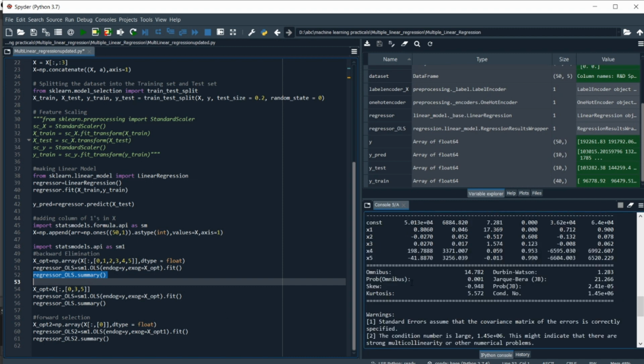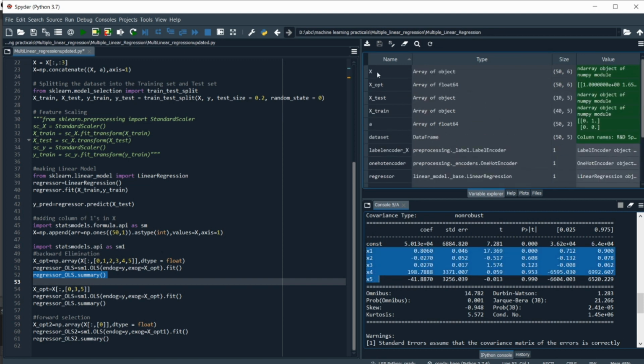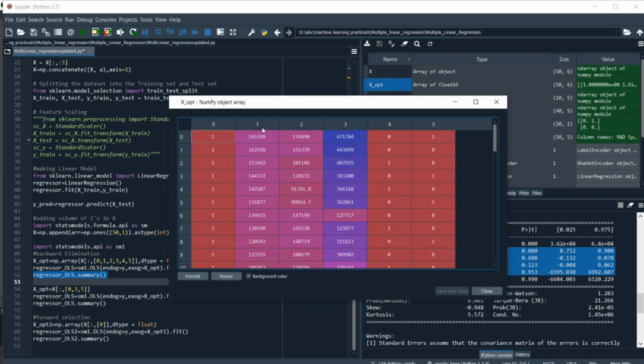Now as you can see here, there are around 6 columns, 1 2 3 4 5 6. The first one is the constant, all ones, and all the others are our independent variables: R&D spend, administration, marketing, and these two are state in one hot encoding format.